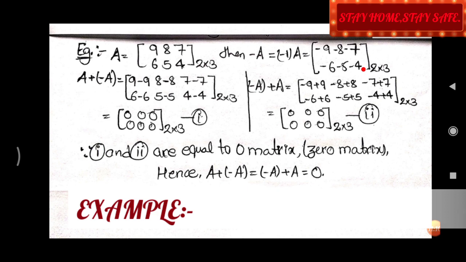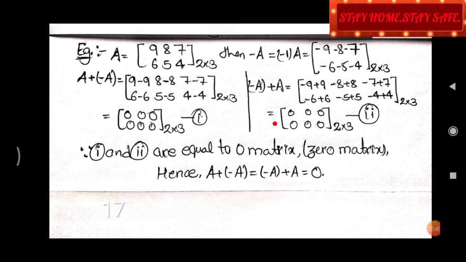So what we get here as the sum, A plus minus A, means 9 minus 9, 8 minus 8, the corresponding elements of both the matrices, and the same applies for the others. So what we get in the sum is 0, that is, 9 minus 9 is 0, 8 minus 8 is 0, 7 minus 7 is 0. Suppose you subtract two numbers which are the same, like 2 minus 2, what we get is 0. The same applies here, friends. And for this also it applies the same way, but in vice versa manner, that is minus 9 plus 9 is 0 only. Since both of them cancel each other, the resultant is 0.